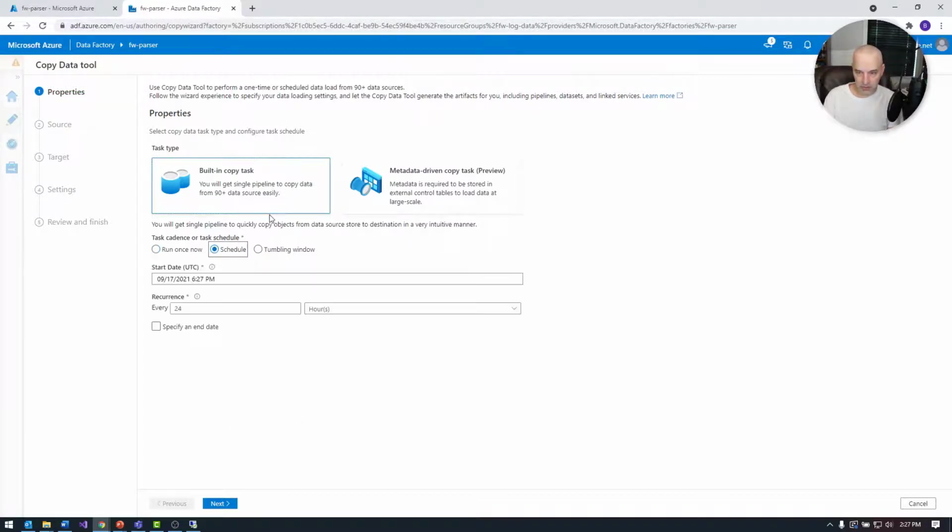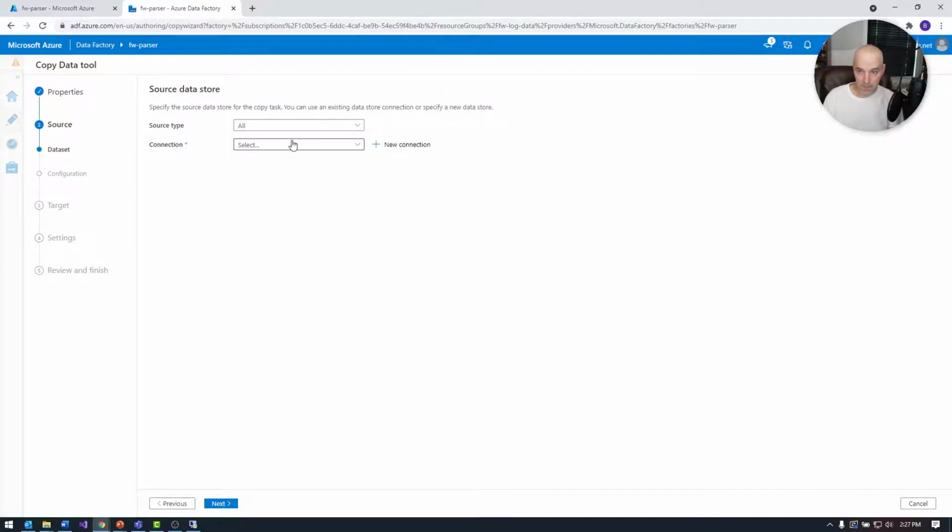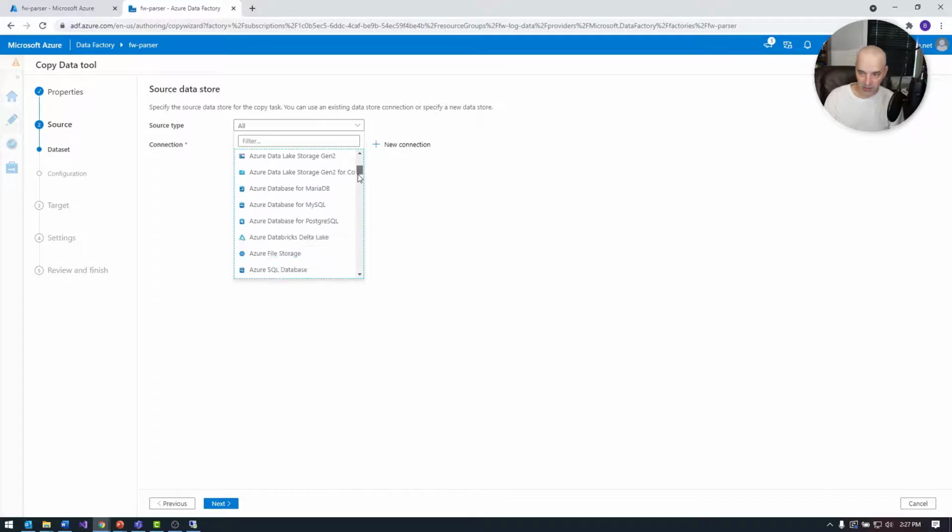I can do it on a schedule or a tumbling window. Tumbling window is basically every start of this date, then every 24 hours I can do it that way. A schedule is just basically run it at this time every day, and then run once is just execute it at this particular time. I'm going to choose the run once just because that's the one I'm going to be working with. Now for my source, I'm going to choose blob storage,